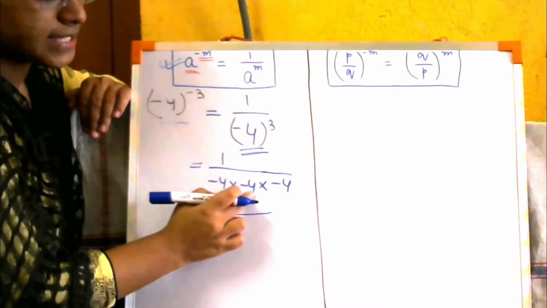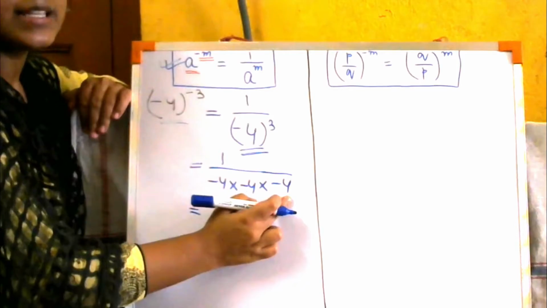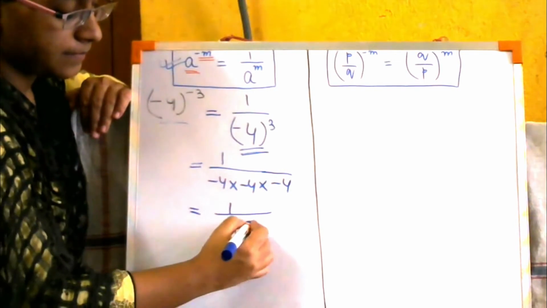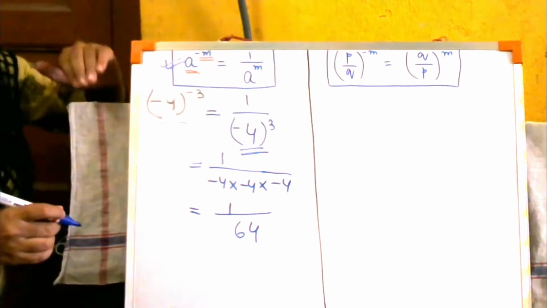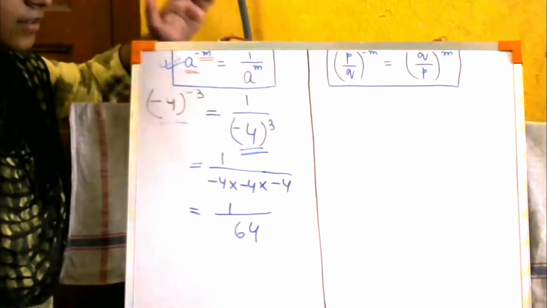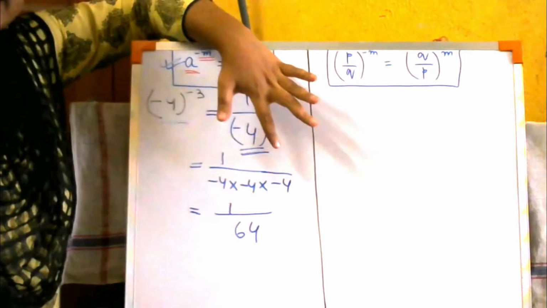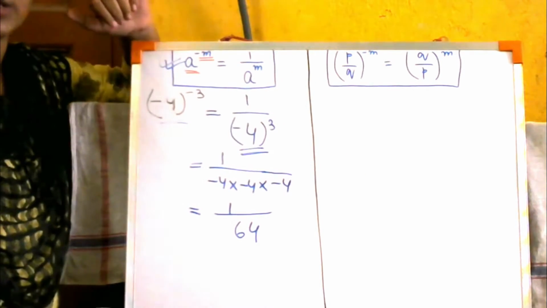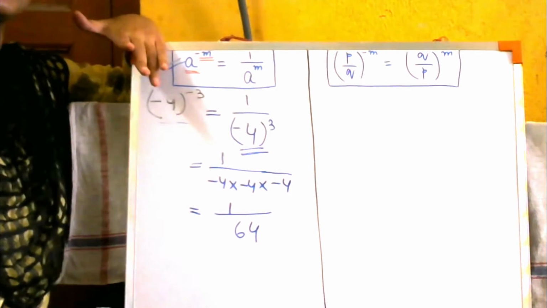Now 4 4s are 16. 16 4s are 64. Okay, so now over here the sum is not yet ended. Why? Because can you see the minus signs over here? We have to put the sign over there also. We have to see whether minus will remain below or plus will remain.